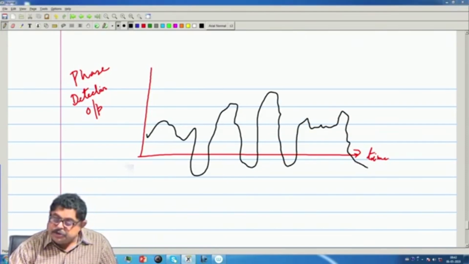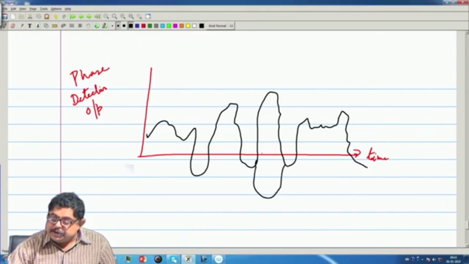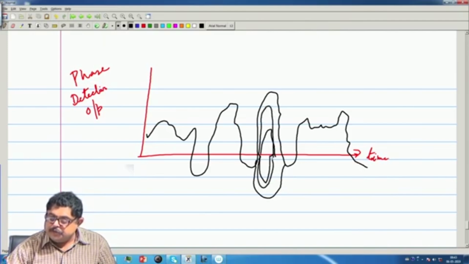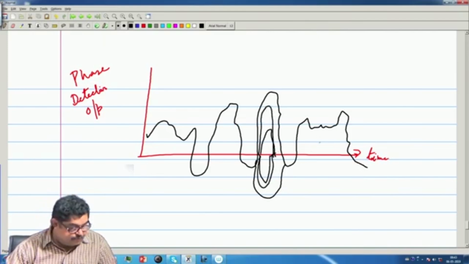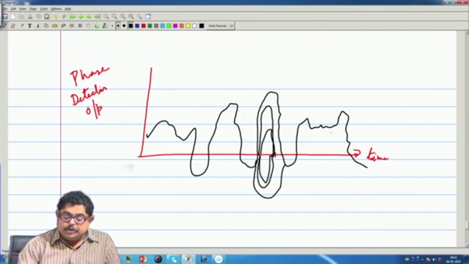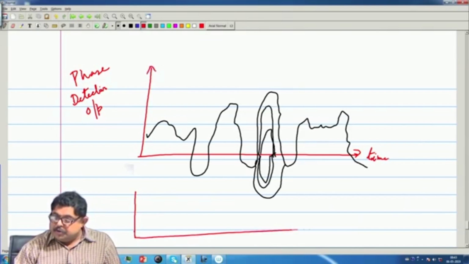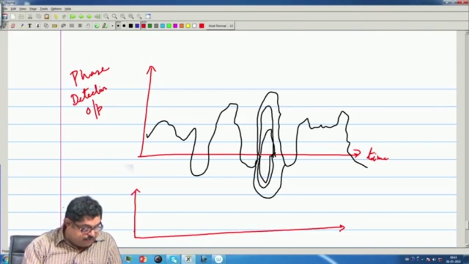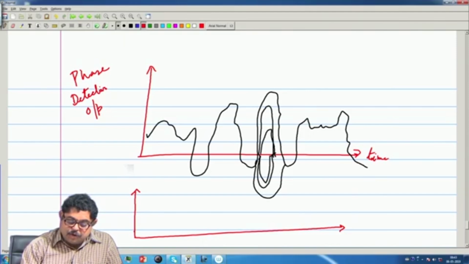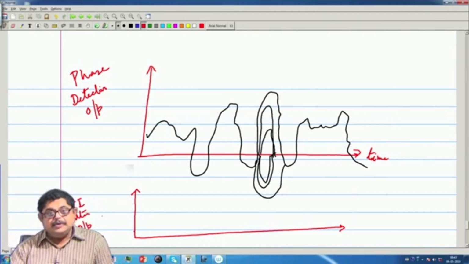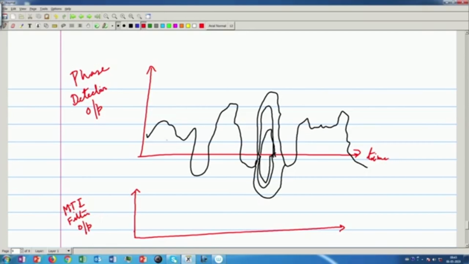The phase, but you will also see that there are in some places, then, like this. Now how the MTI filter output will look. What MTI filter does we will see later, but finally what we will say, these are all